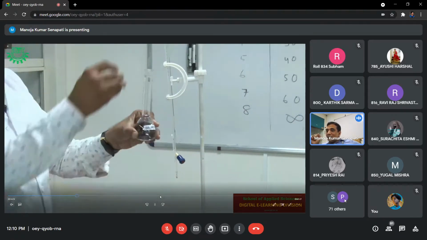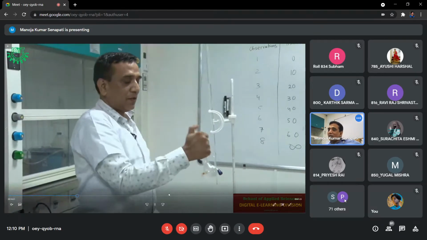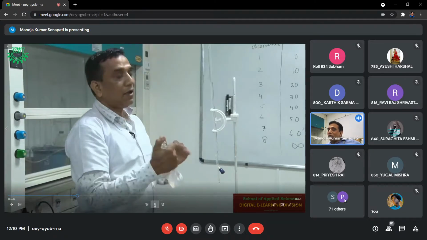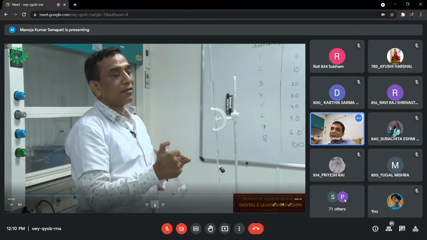And you can see, after addition of ethyl acetate, when you add ethyl acetate, it will form one layer over the surface of dilute HCl, because ethyl acetate is an organic solvent. And after addition, you have to mix the solution. And when you mix the solution, what will happen?